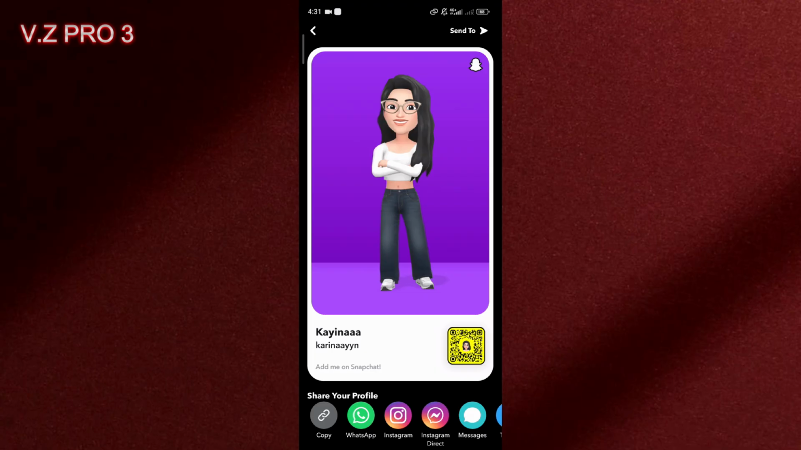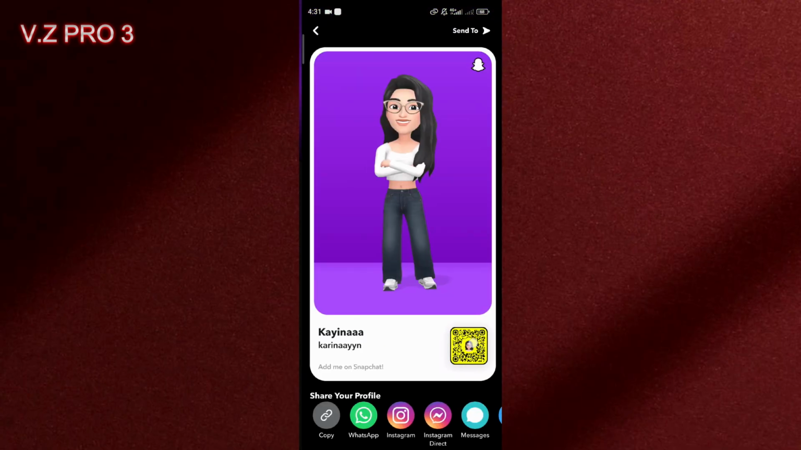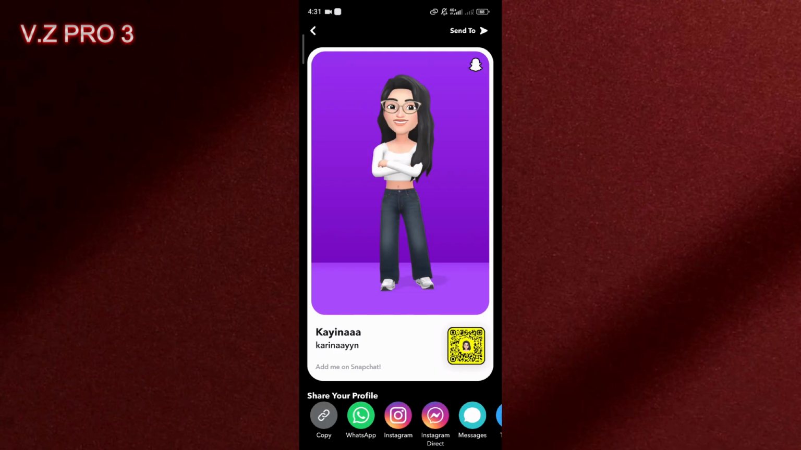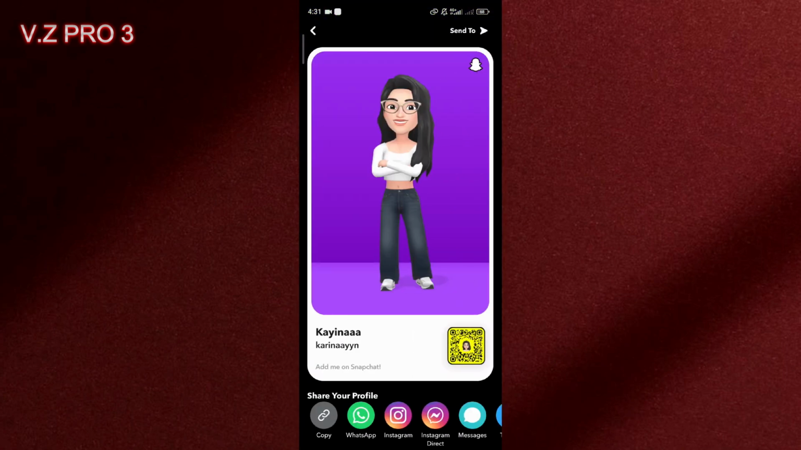So here's your name card. Here's your QR code, your username. You can copy the link or you can share it through WhatsApp, Instagram, message, Twitter, Messenger, Facebook, Telegram, and more. It's very simple. So maybe you want to copy the link or you can share it to